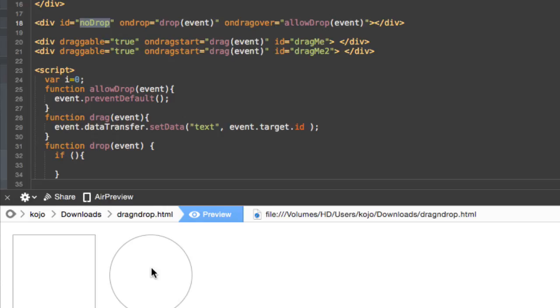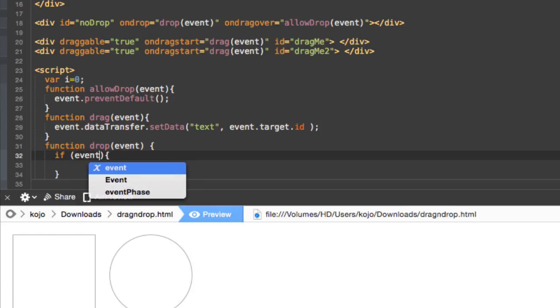We should not append this child to this element. So just say if